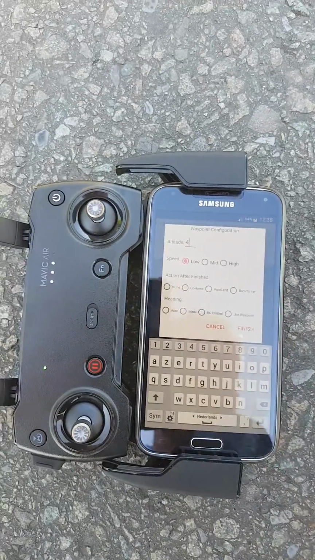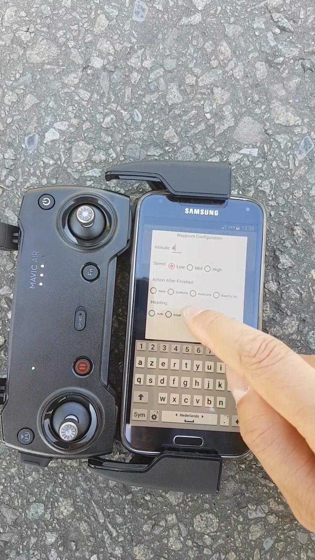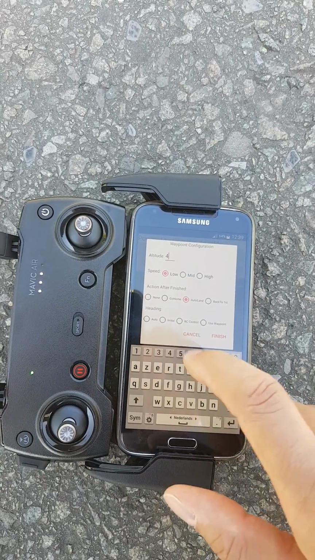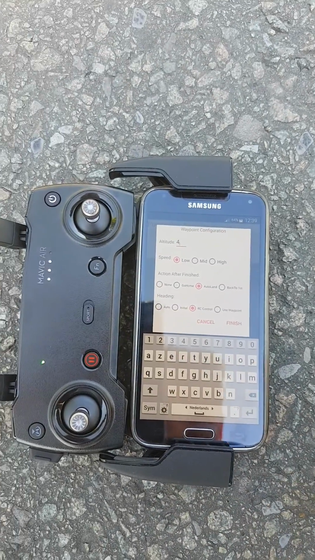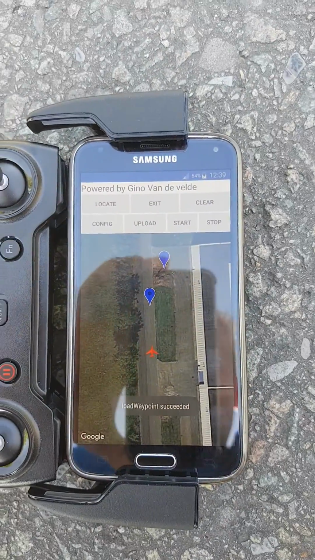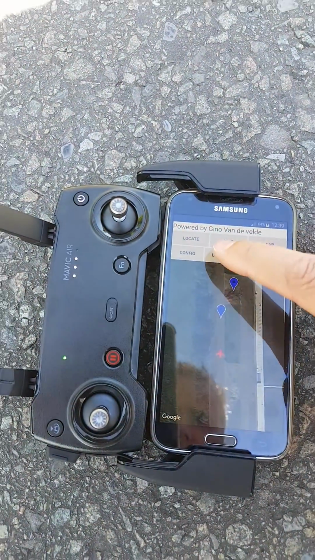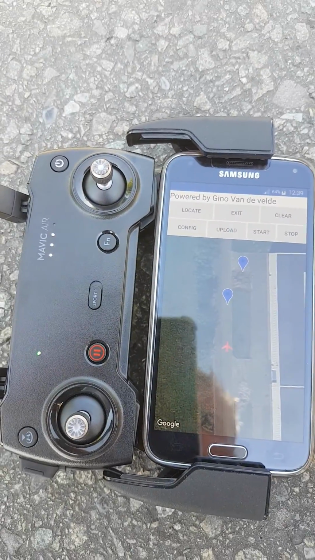After finish, we take the auto land mode, and the last one I take the third one here and finish. Now I'm going to upload it to my aircraft. Upload, mission upload successfully, and now